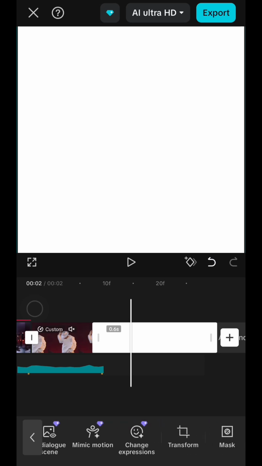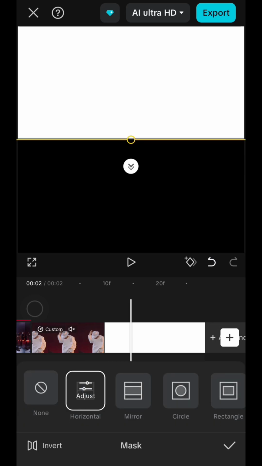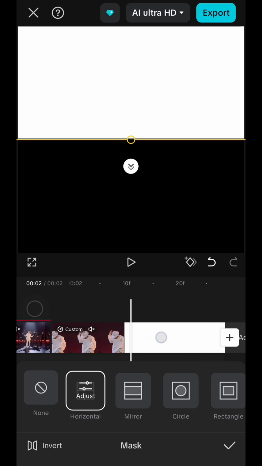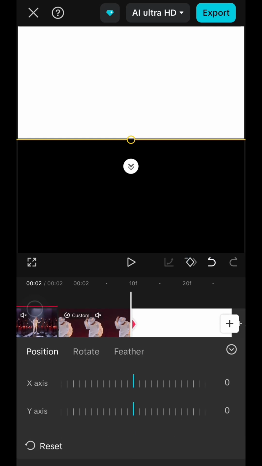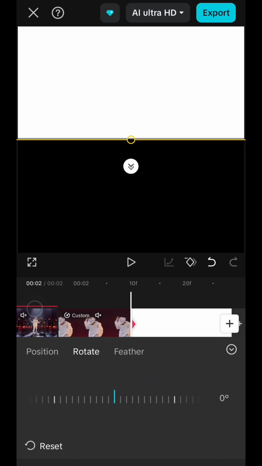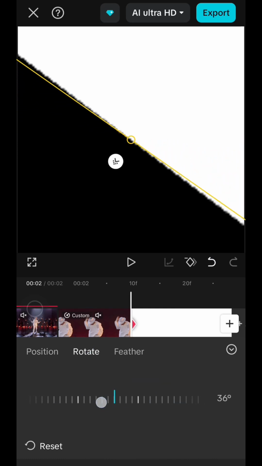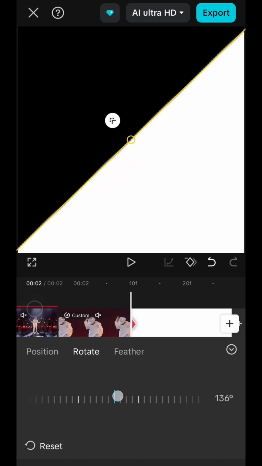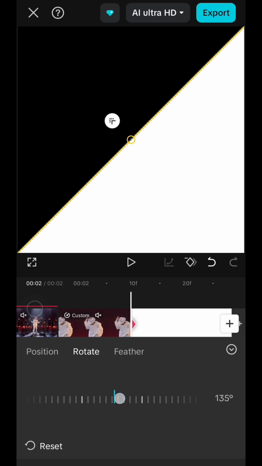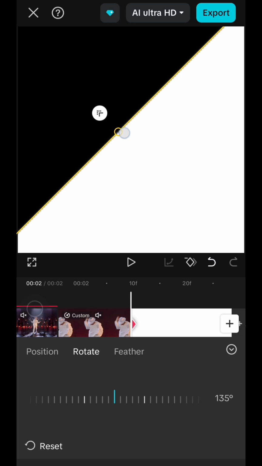Next, just go to mask, choose horizontal, and then add keyframes at the start of clips, like this, and then rotate the mask like this. Like this, and then I will drag it down the mask. I will drag it down like this,